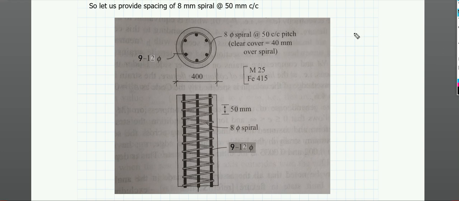Okay, so please look into the IS codes and also go through the problems that I have discussed previously. And also please try to remember the extra things that I say along with the PDF. Okay, that means like what a short column and long column are, and how to check it. These things are very important, because questions might be asked from those things. Okay, so if you have any doubt, you can refer to me, you can ask me.